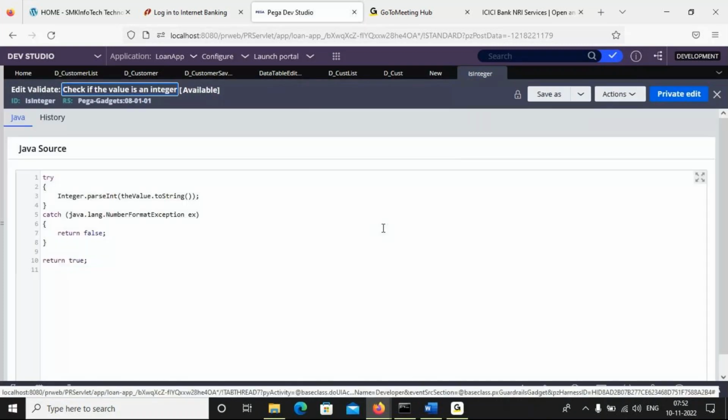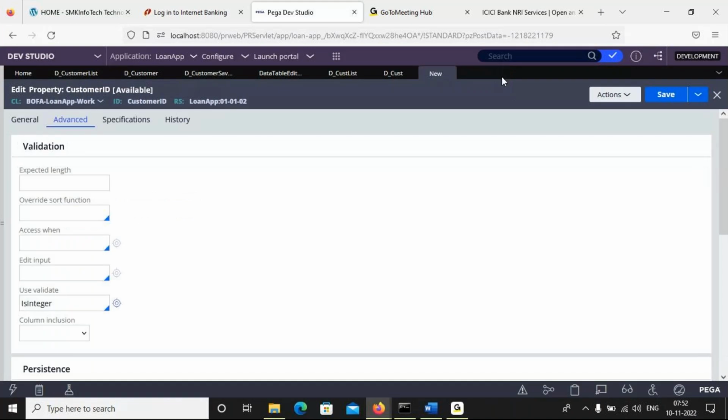It is written in Java code, but you don't need that. I'm just showing a little bit of code. Actually, everything is restricted. Pega does not allow you to see its code because otherwise you would copy the code and release one more product under another name. That's why they give this option for you.